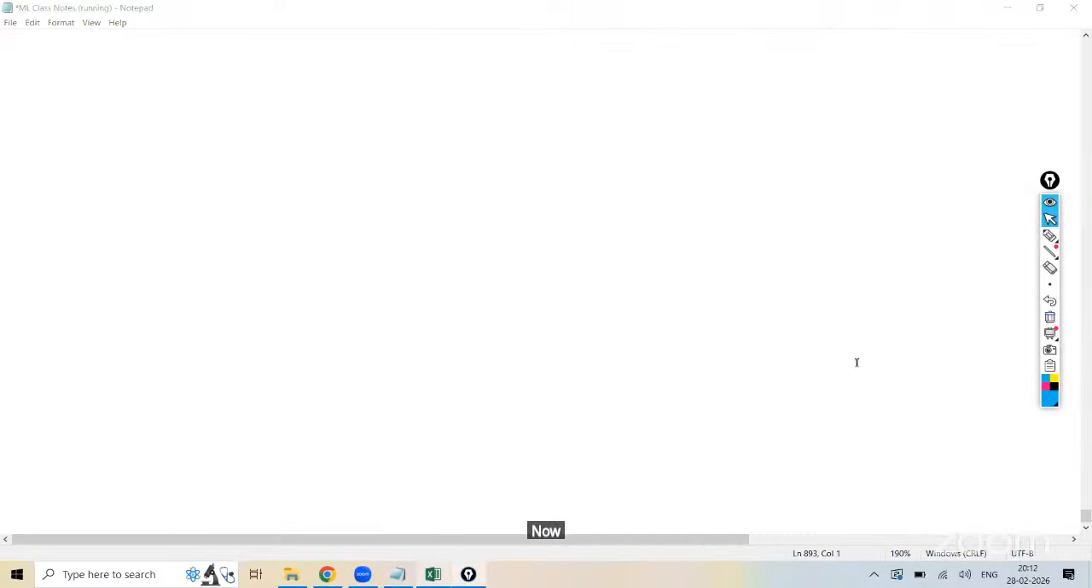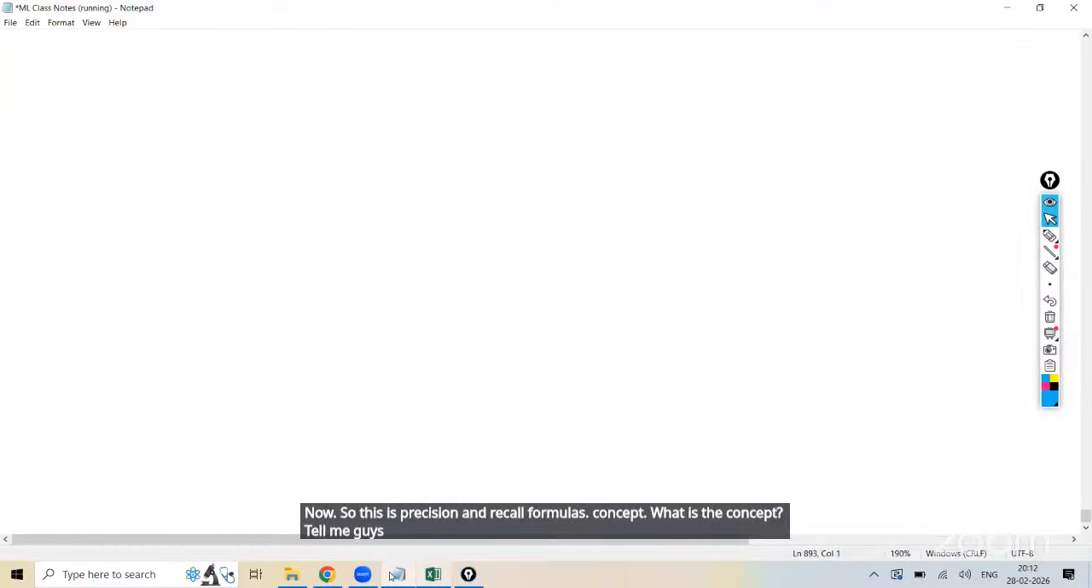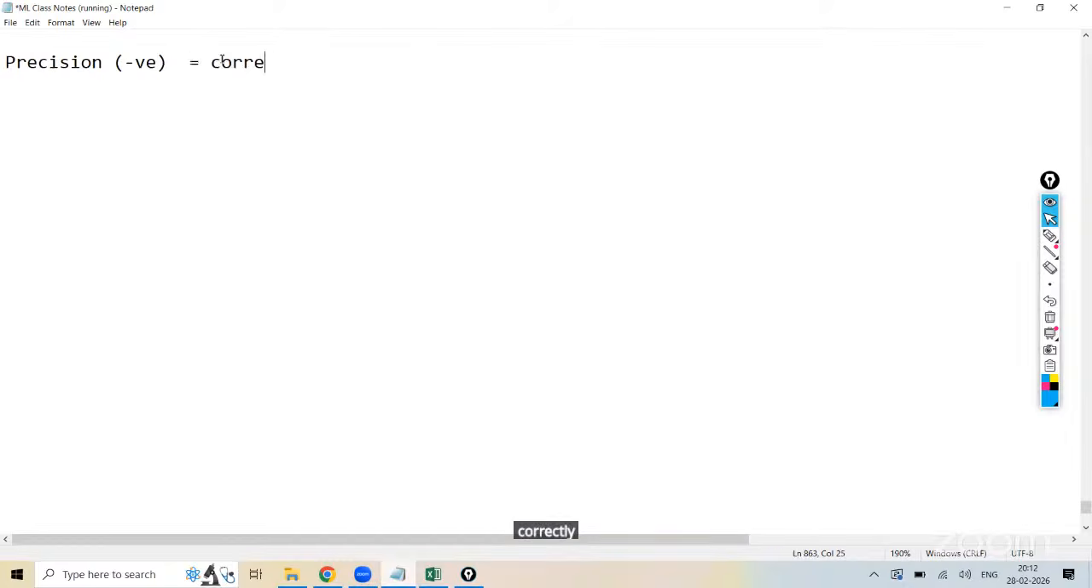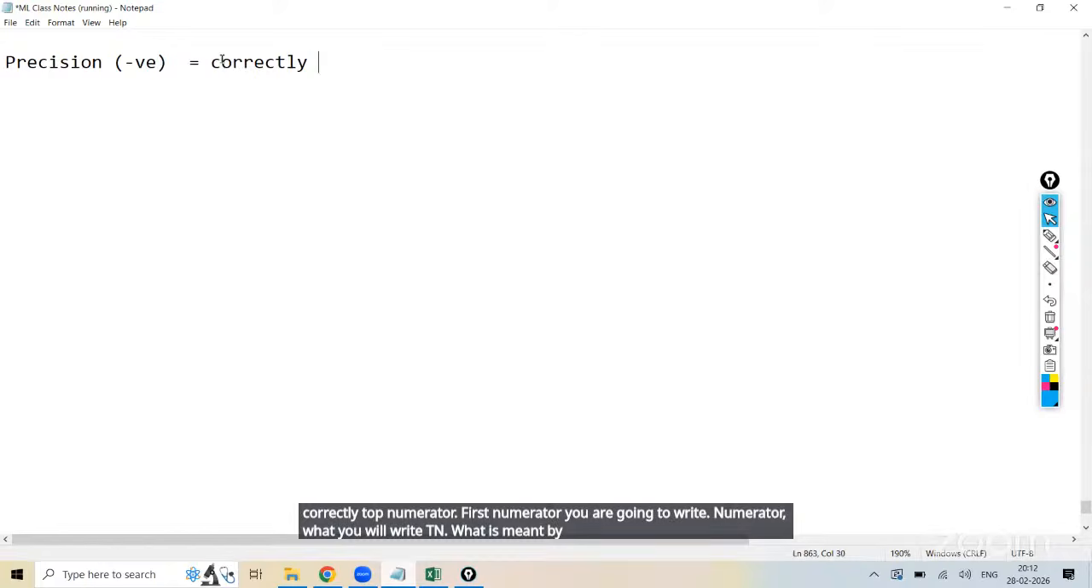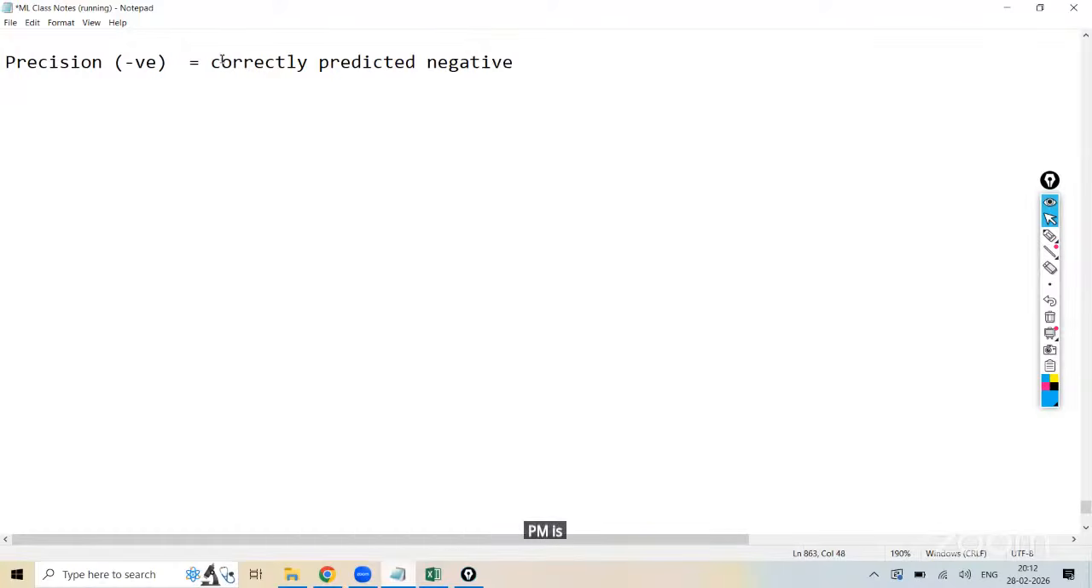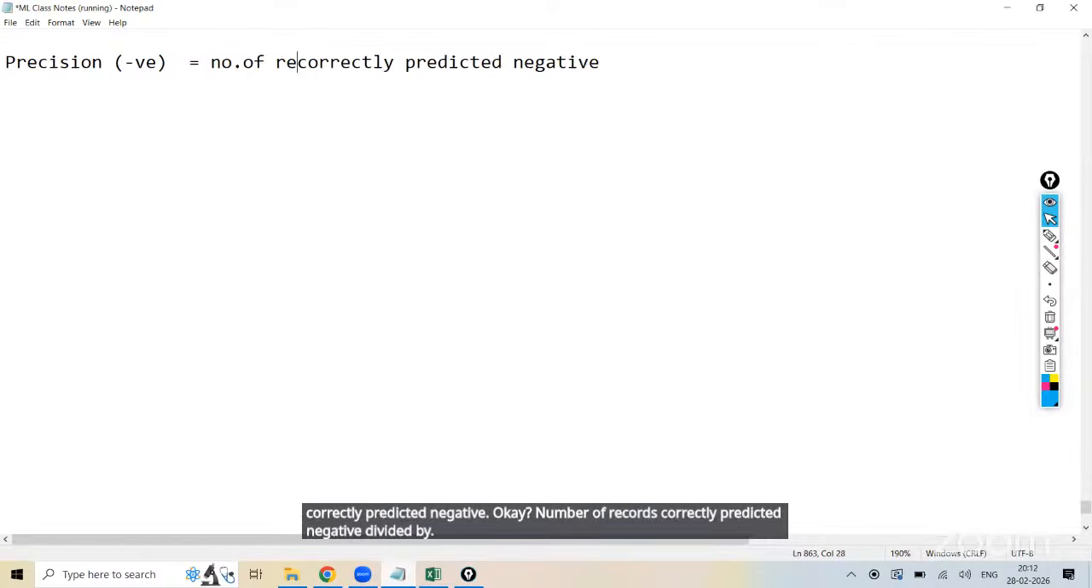Now, this is the precision and recall formulas. Concept. What is the concept? Tell me, guys. According to you, what is the concept of precision of negative? Tell me the concept, not the formula. Correctly, top, numerator. First the numerator you are going to write. Numerator, what will you write? TN. What is meant by TN? Correctly predicted negative. TN means the number of correctly predicted negatives. The number of records correctly predicted negative, divided by the number of records